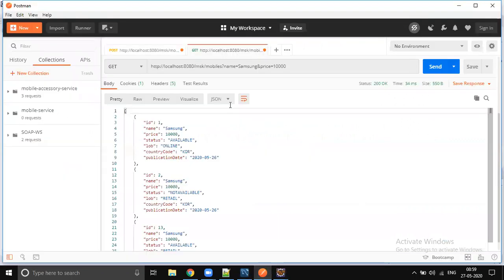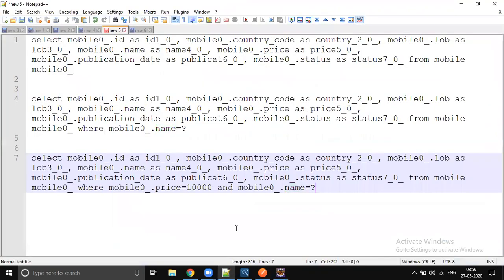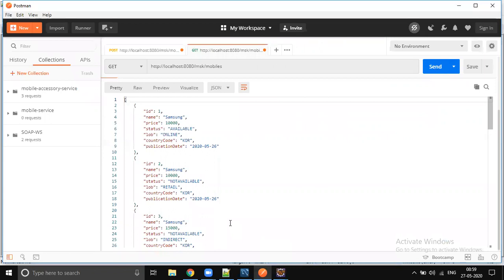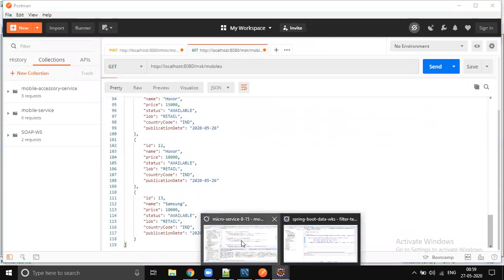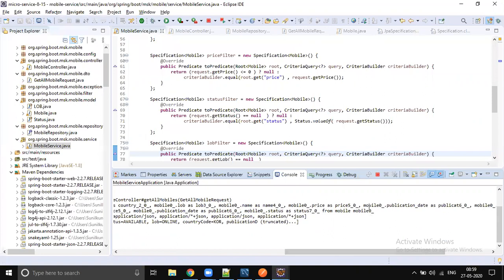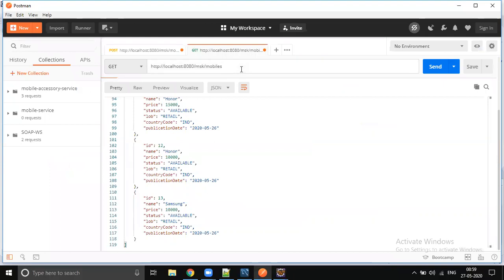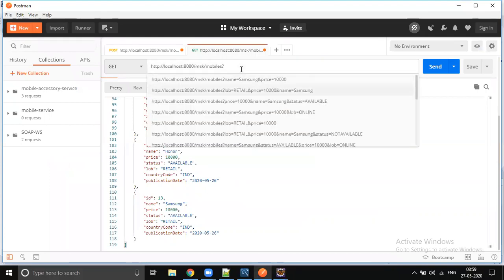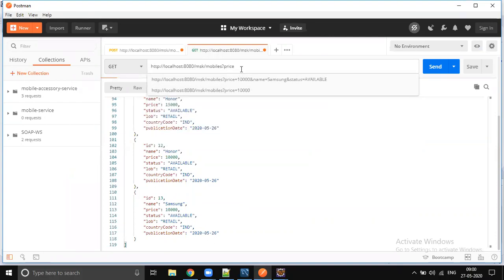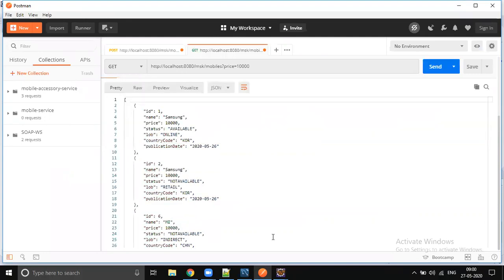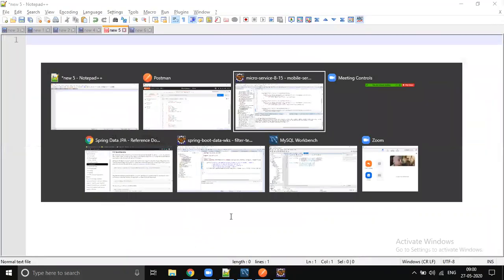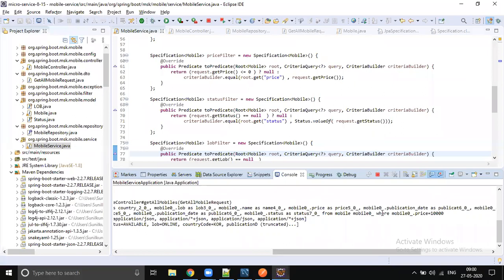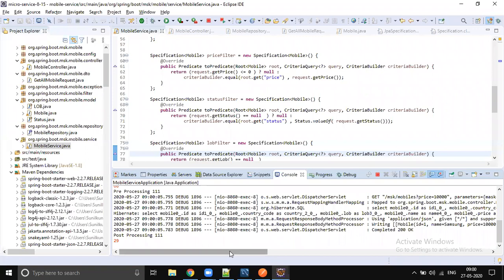Let's clear the console. So let's not send any placeholders, right? You see the result came and we got all the data. So now the query will not have any where condition and condition. It's a plain select star from mobile. So if you send one filter, that filter can be anything. It can be a name, it can be LOB, it can be price. If you send price, so only where price is going to be generated, right? Only query is going to have where condition for price. You see where price, right?